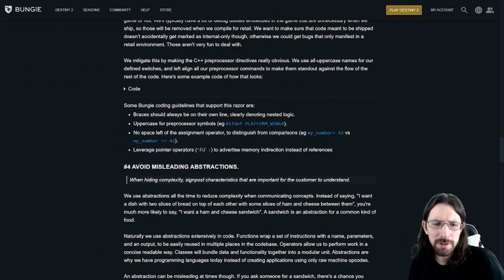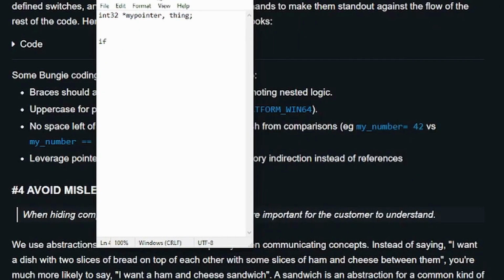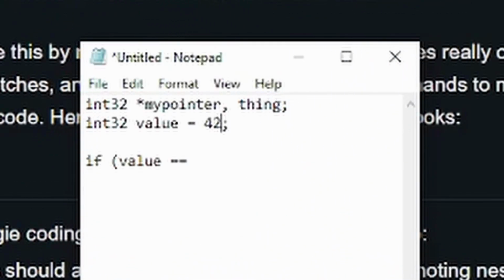Yeah, it makes a lot of sense in a big code base, because a very common error, and I've done it a million times, is you make an if statement and you want to check something. So you go if value equals 42. 42 is a good number. And we want to know if it's 42 or not. So normally you would do this, and then you have your logic for if it's 42. But some people accidentally forget the second equals, and they do this.